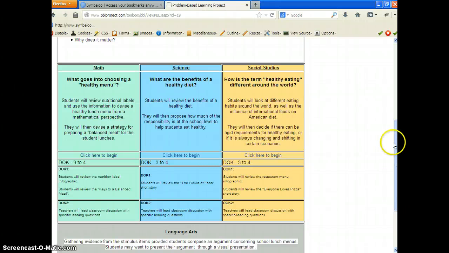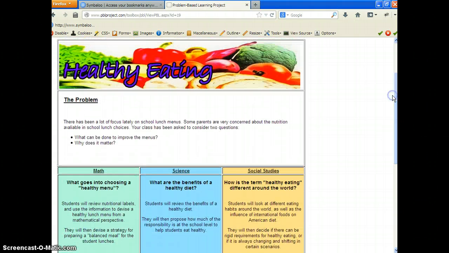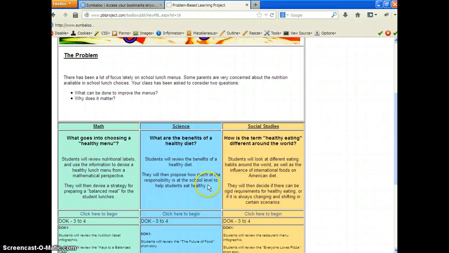These are standalone units as well, so if you did not want to work together as 4 content areas, a science teacher could do this, a social studies teacher could do this, a math teacher could do this, and an ELA teacher could do this, all separate from each other, or you could work together. Let's look at it as far as a science teacher goes. If a 7th grade science teacher chooses to do this because one of their standards has to do with healthy food or your body, you would select click to begin,